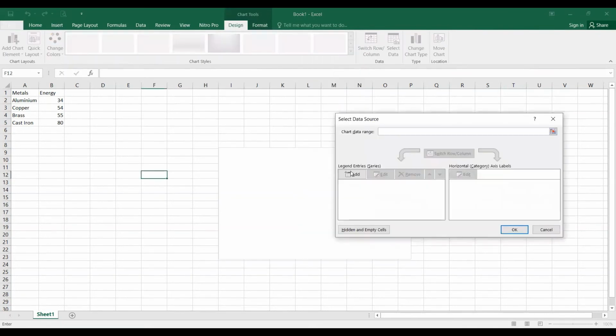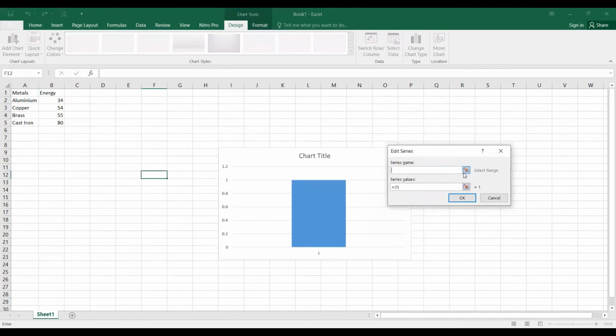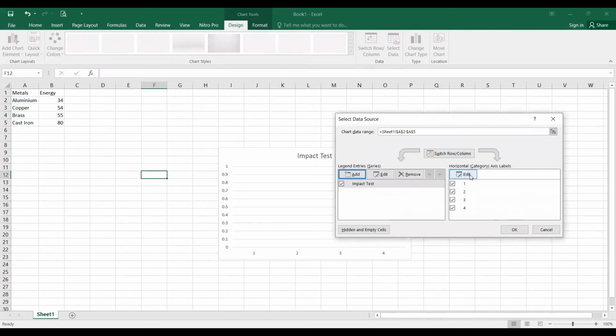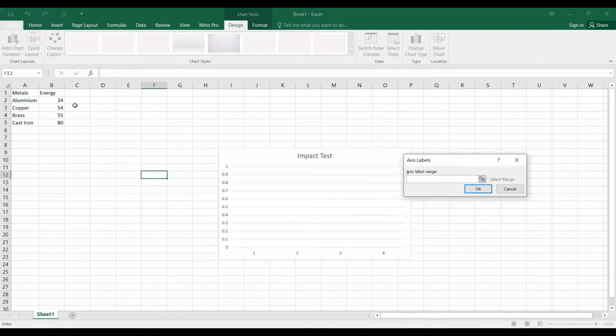Let's have a look. The series name is, for example, IZOD impact test. So I am writing it over here. Then the series value on the x-axis is this. Okay, done. And then there is the edit, and the axis label range is this.